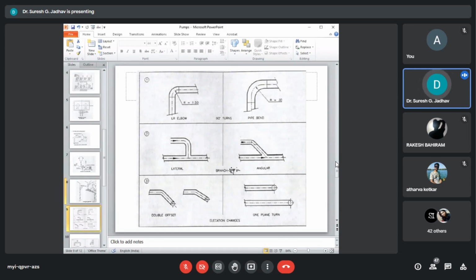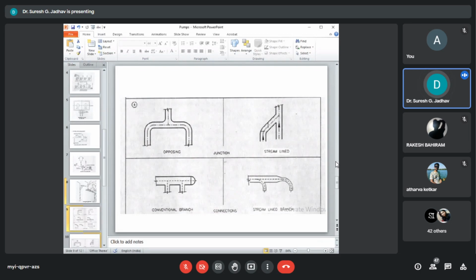With the help of these fitting components, we can change the direction and oppose the flow. Then we can consider the convenient branches and streamlined branches in piping layouts.